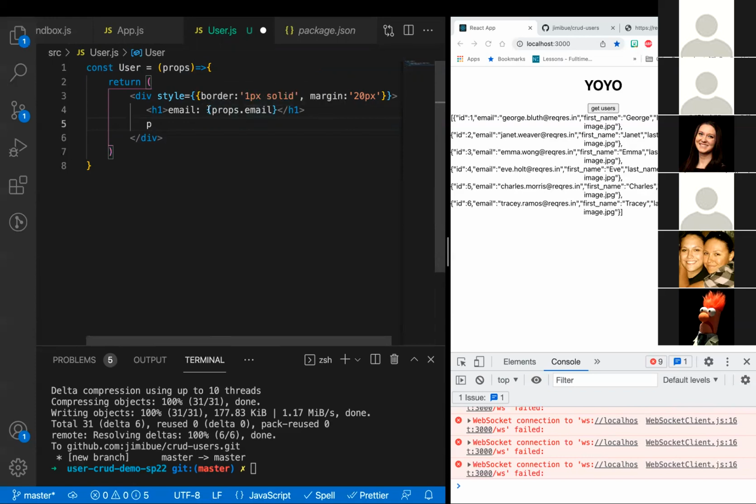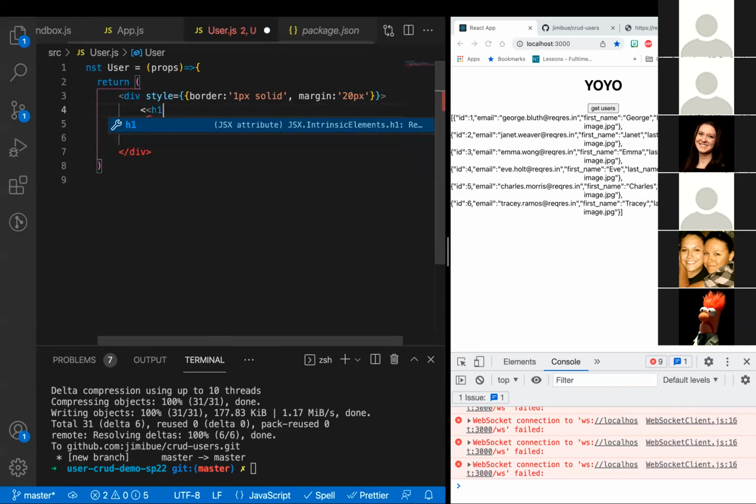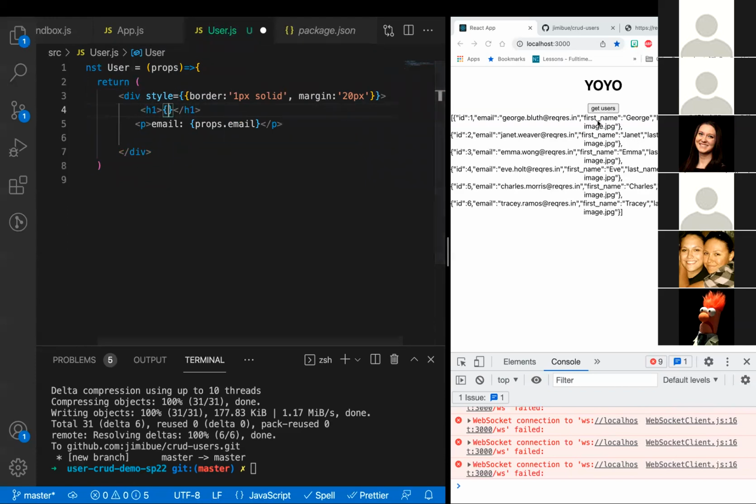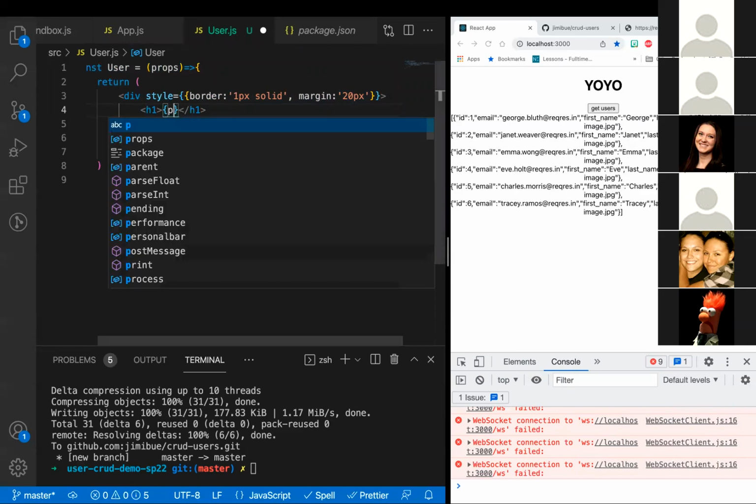Let's do this. And then maybe I don't want to do this as an H1. That's fine. Let's do this as a paragraph. And I want to grab the name. Let's maybe do the name as an H1. So the name, I can look at my data, oh, it's a first name and last name. So I can do like a